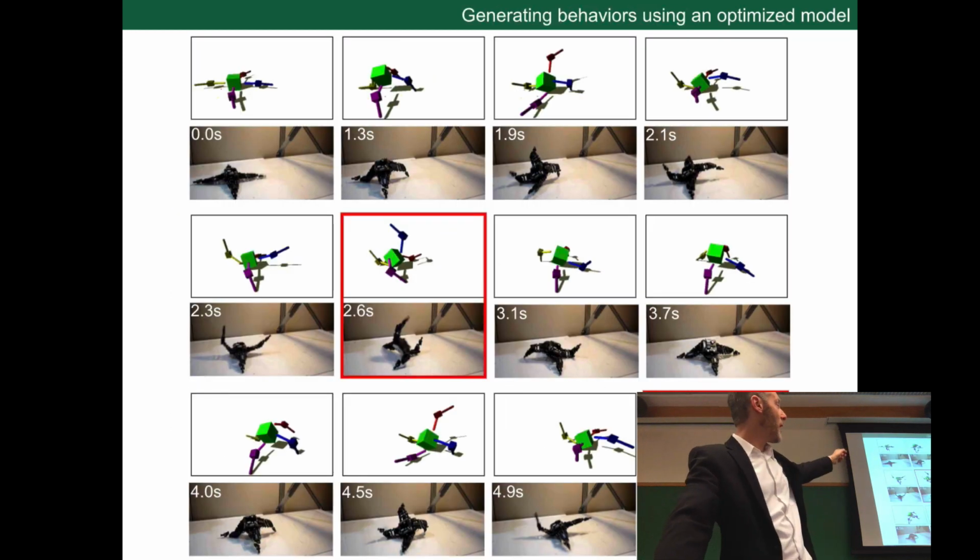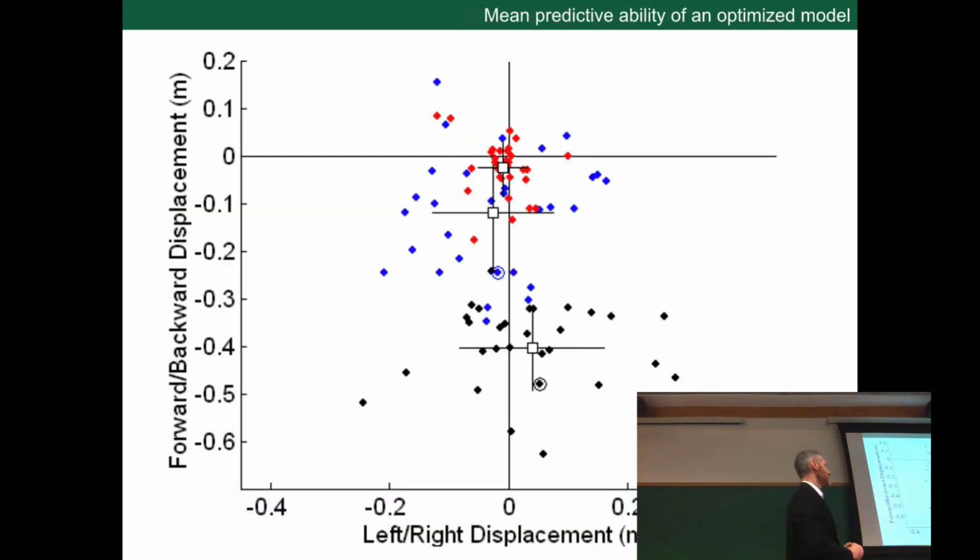So the way in which the robot moved was pretty similar, but the simulator predicted that the robot would move twice as far as it actually did. So yes, we crossed the reality gap. We got the desired behavior, which was moving from left to right, but the prediction wasn't great, right? It was off by about 50%.